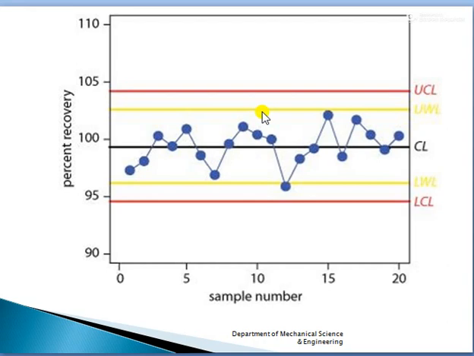The points on the control chart are joined by straight lines for easy visualization of how the sequence of the points has evolved. Now the basic procedure of the control chart: first, choose the appropriate control chart for your data. Second, determine the appropriate time period for collecting and plotting data. Collect data, construct your chart and analyze the data. Look out for the control signals on the control charts.